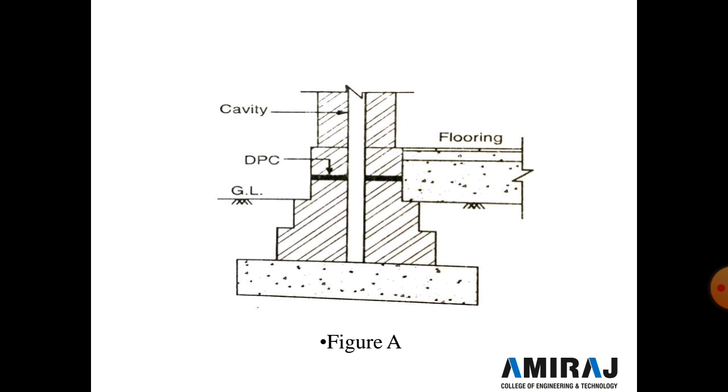Now in such a case, the portion of the cavity between the top of the foundation concrete and ground level may be filled with a 1:2:4 concrete, at least 150 mm below DPC. Alternatively, the cavity may be provided up to the ground level, 150 mm below the DPC, and in both cases separate DPC is provided for both the leaves. So drain water.